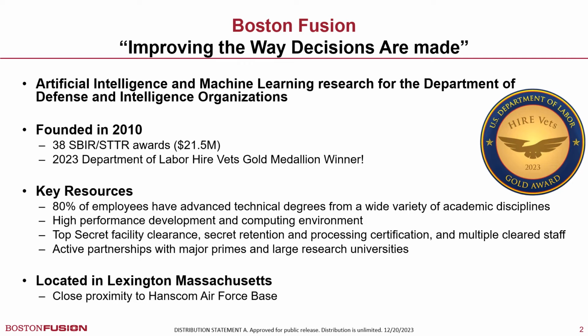Boston Fusion Corp is a small business located in Lexington, Massachusetts. Boston Fusion is highly technical. 80% of employees have advanced degrees. Since 2010, we have developed and delivered revolutionary AI/ML scientific solutions to national defense challenges. We deploy the right AI/ML strategies to the right problems, such as sensor fusion software, computational social science algorithms, and